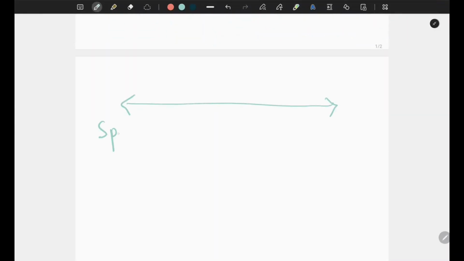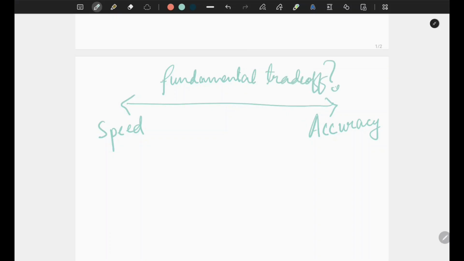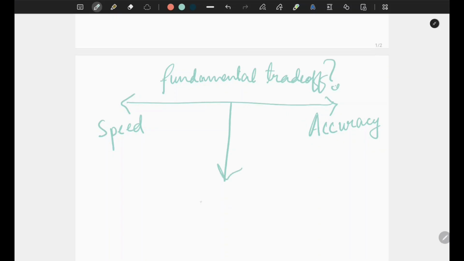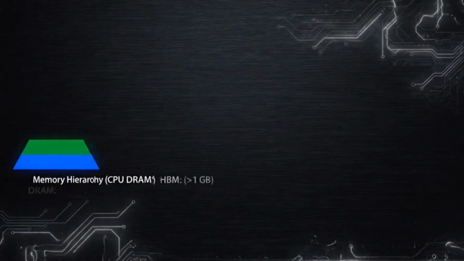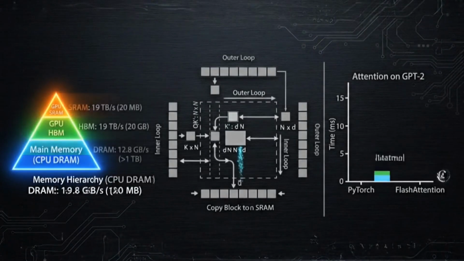The fundamental trade off seemed unavoidable. You could have speed or you could have accuracy, but not both. Interestingly, with Flash Attention, this turned out to be a mirage. There was a third dimension which people were not considering, and hence they were facing this supposed wall. The trade off between speed and accuracy wasn't fundamental, it was just an artifact of how everyone was thinking about the problem. In this video, we'll talk about this third dimension and how Flash Attention solved the problem in a